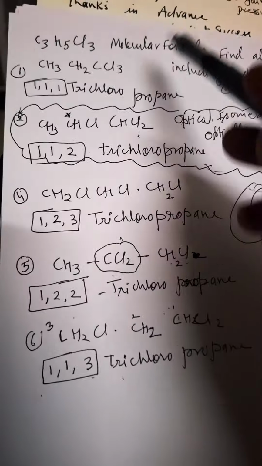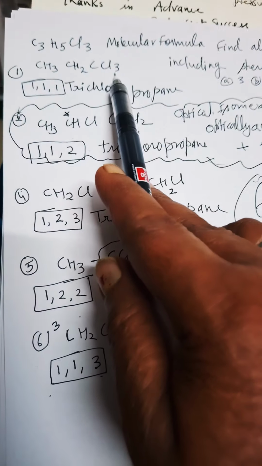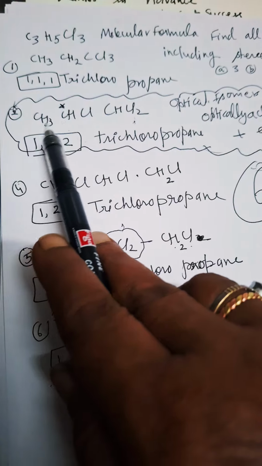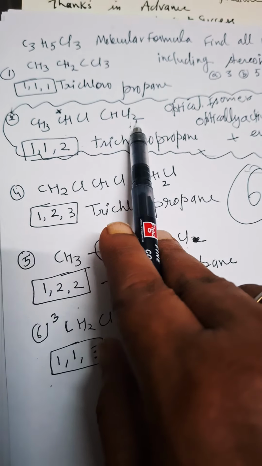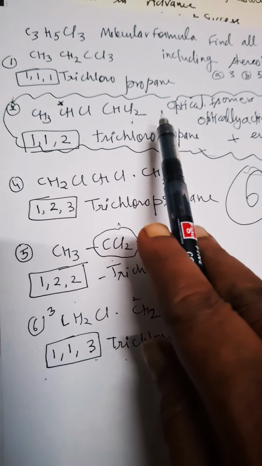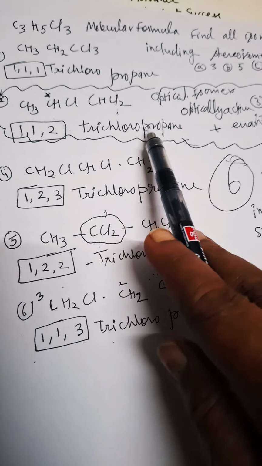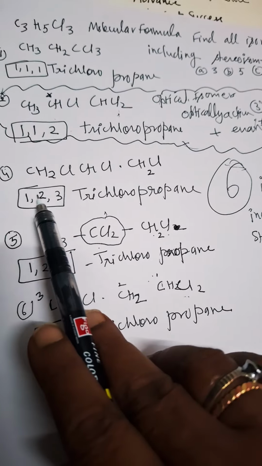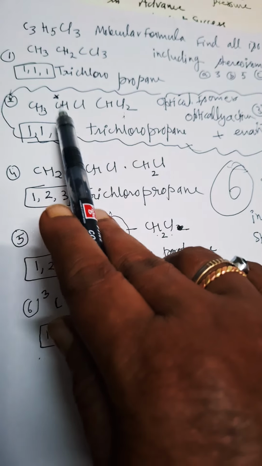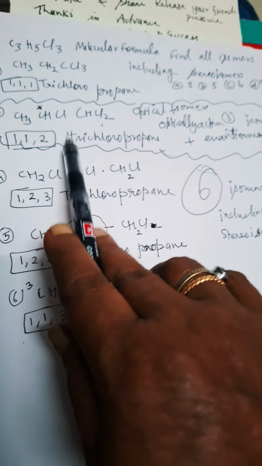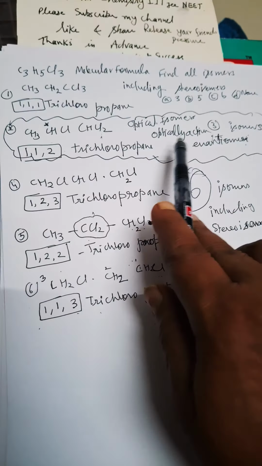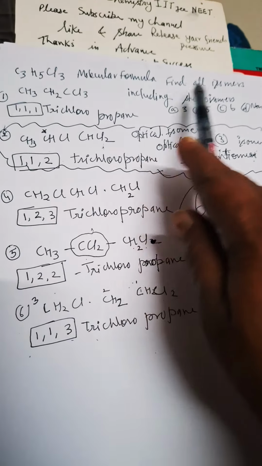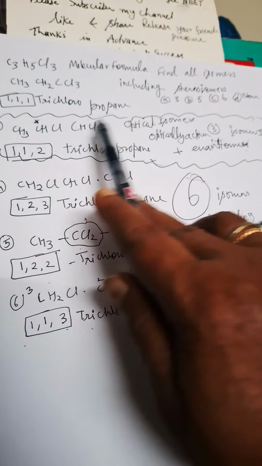will be there. Okay, so in the first case I put CCl3, and in the second case you have to write down CH3, CHCl, CHCl2, meaning 1 chlorine here, so 2 chlorines over here. All the 4 valencies should be satisfied either by hydrogen or by chlorine. You have to see that. And then here, since this is a chiral carbon, it is optically active, so D and L forms will be there, so it will form enantiomers also. So 2 optical isomers of this,